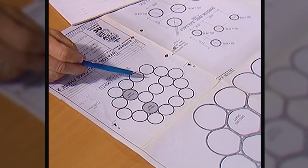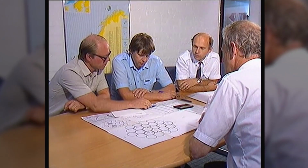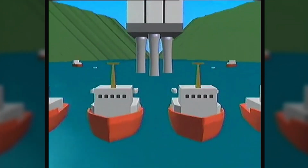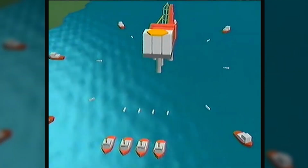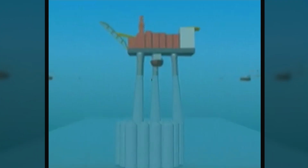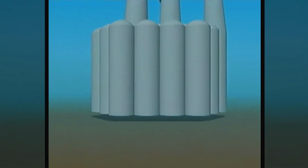Basically the concrete does not absorb any water. It's very dense and very waterproof. In order to ensure that the Gullfaks C platform stayed stable and upright, Norwegian contractors' engineers came up with the idea of building concrete skirts that would sink into the clay for 34 meters to provide the horizontal stability